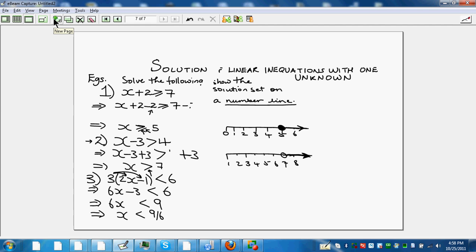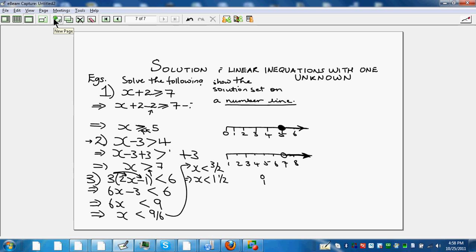And if I divide 9 by 6, I'll get 9 over 6. So then this could also be written as x is less than 9 over 6, which is the same thing as 3 over 2 if we divide top and bottom by 3. So we get x is less than 3 over 2, or we could say that x is less than 1.5. So if we had to represent that on a number line, what we would do is we'd get our